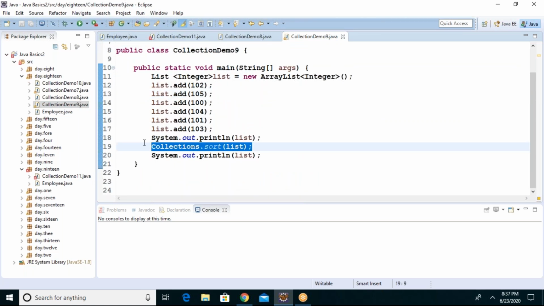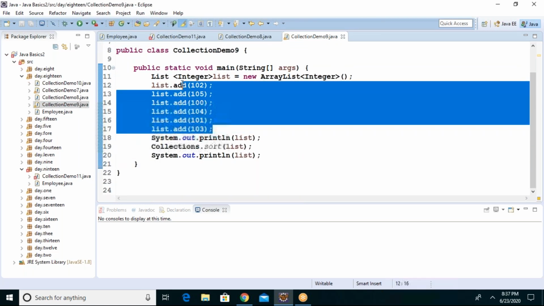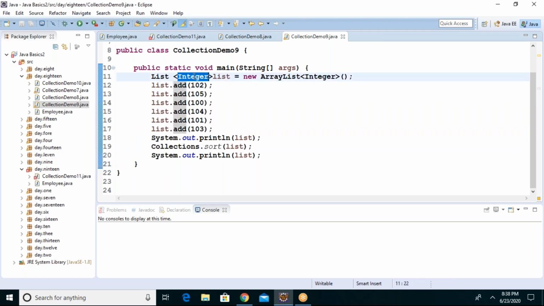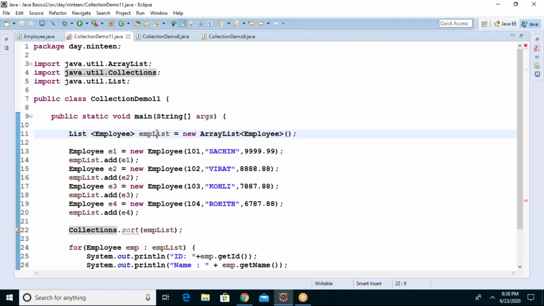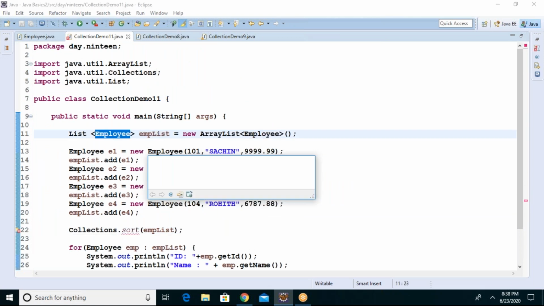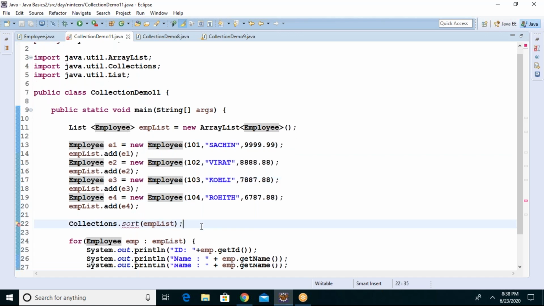You see guys, we could sort successfully all the elements of numbers, I mean integers. When we created a list of integers, I could sort successfully. But when I'm trying to sort the ArrayList which holds customized objects, I am unable to sort them. Why do you think I am unable to sort?